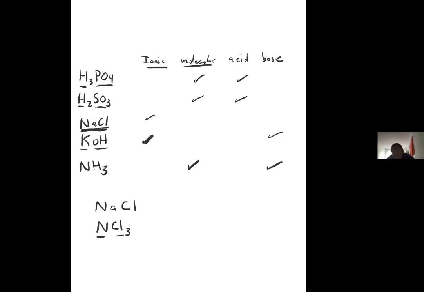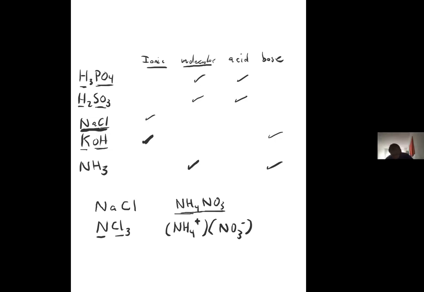The one exception that I can think of is this one. This is an unusual compound, but an important one. You say, oh, that looks molecular because everything's a non-metal. But just like everything in nature, things are more complicated. This is actually an ionic compound because it's got the polyatomic ion ammonium and the polyatomic ion nitrate. So generally, it's true that metal with non-metal is ionic. But when you throw in polyatomic ions, you can combine them in such a way that